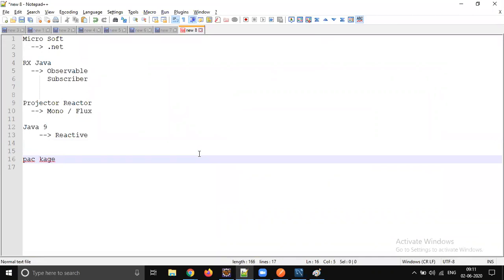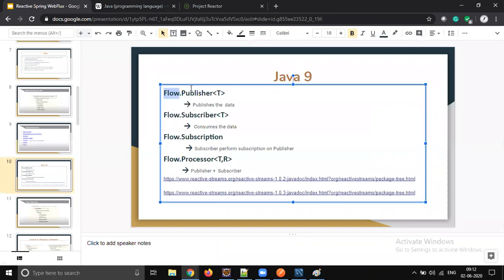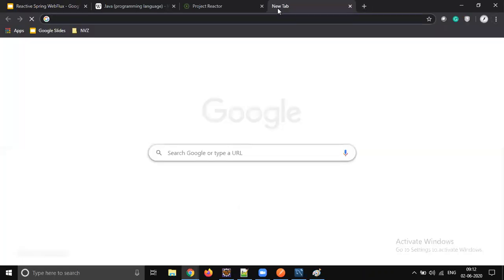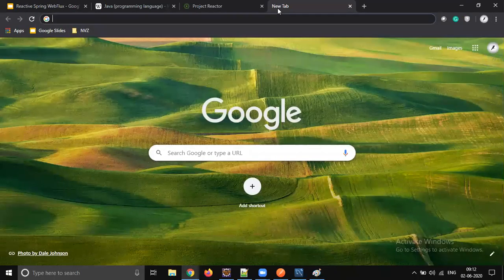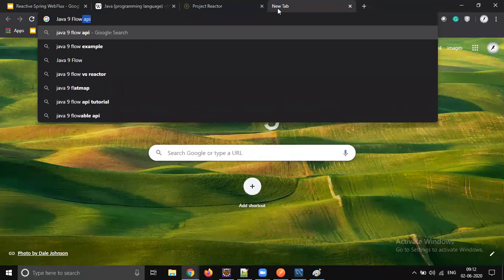So the package is java.util, I think it's flow, and let me check the exact package. Java 9 Flow.